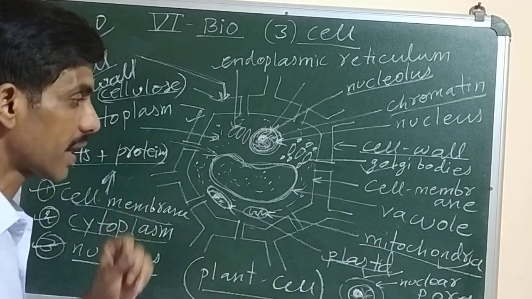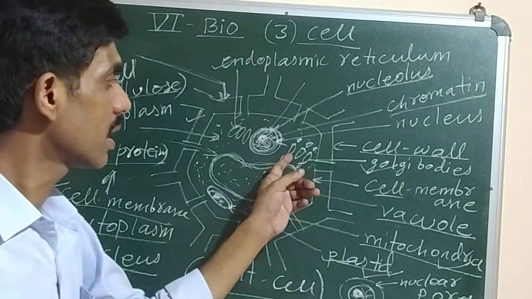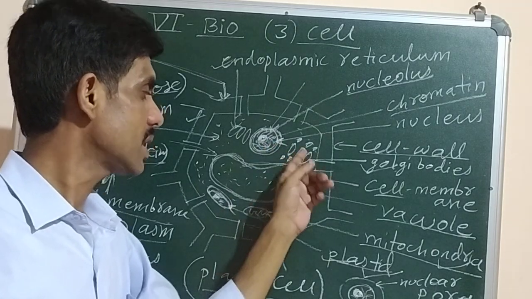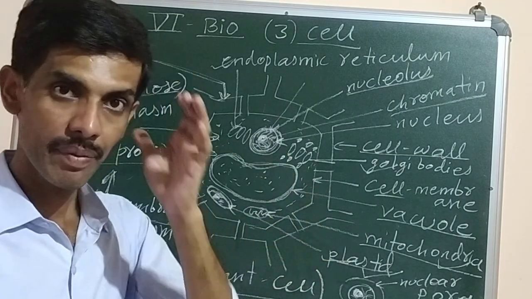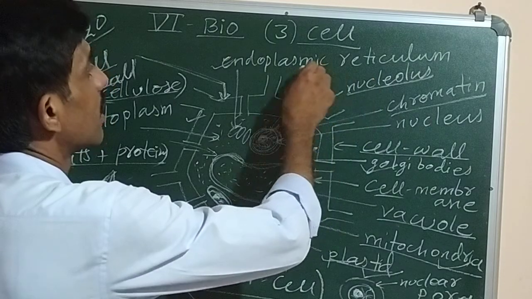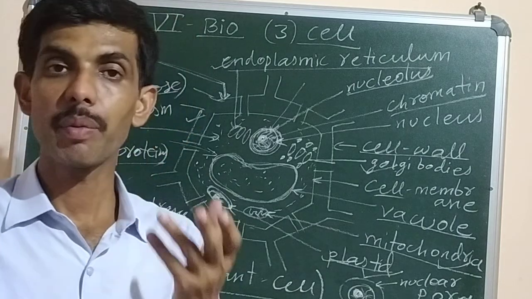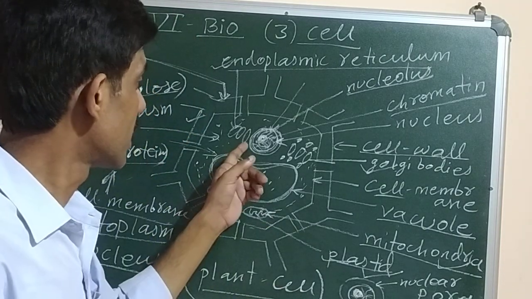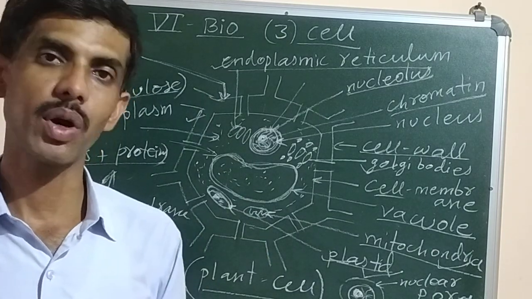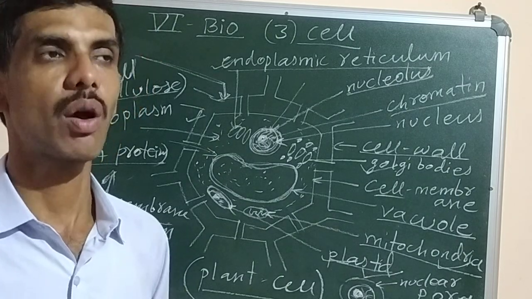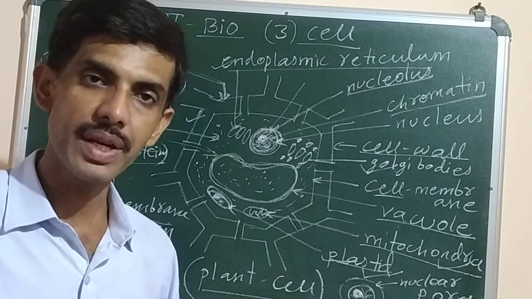Then next we have vacuole. Already I said about the cell membrane. Then Golgi bodies. Golgi bodies are the ones which are present near the nucleus. You can see they are scattered in the cytoplasm. They help in the secretion of hormones and enzymes. Then we have the endoplasmic reticulum. Endoplasmic reticulum is a network of tubular double membranes which connects the nuclear membrane with the cell membrane. It provides a supporting skeletal framework to the cell. Just like we have bones in our body, there is the presence of endoplasmic reticulum in the cell which gives it a definite support.